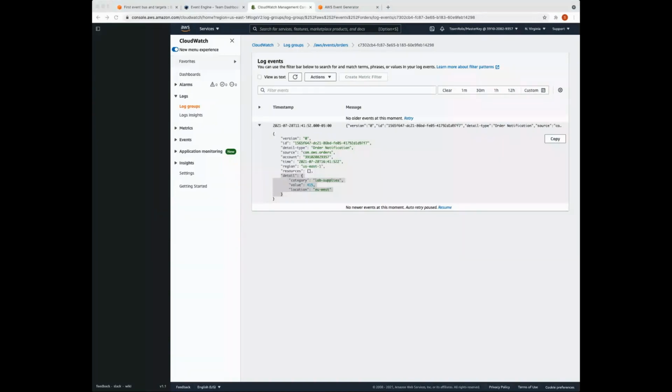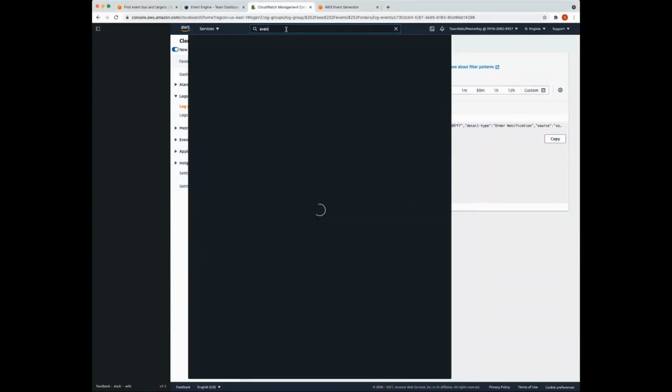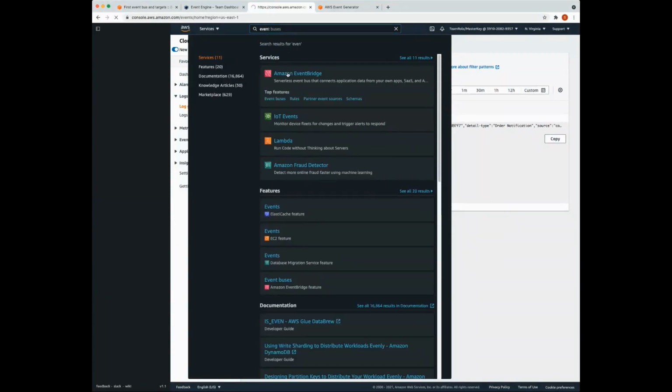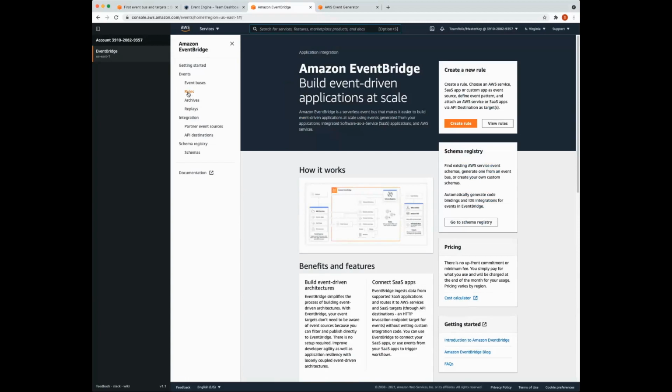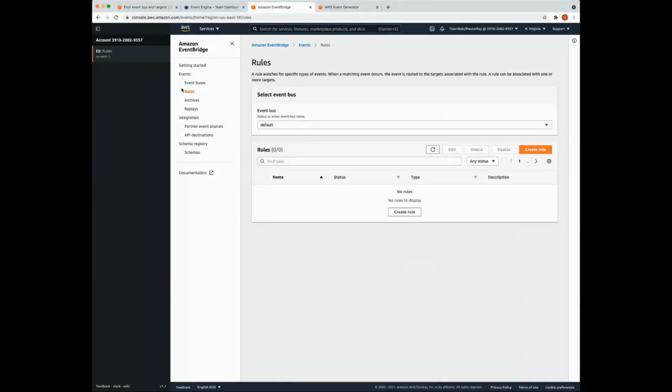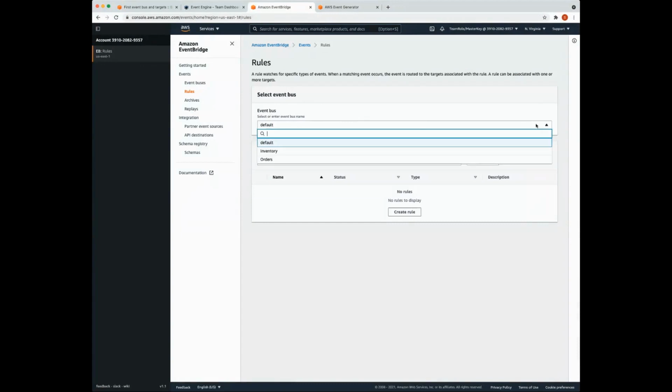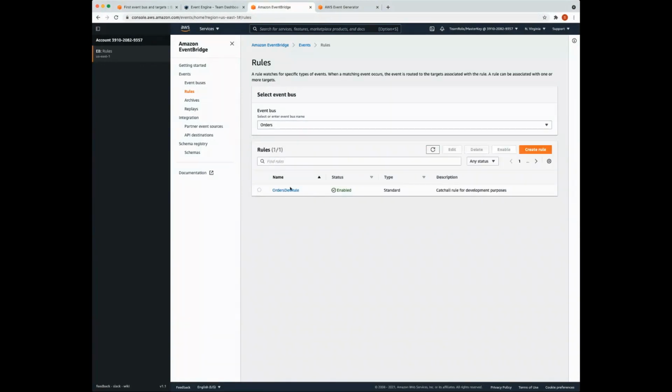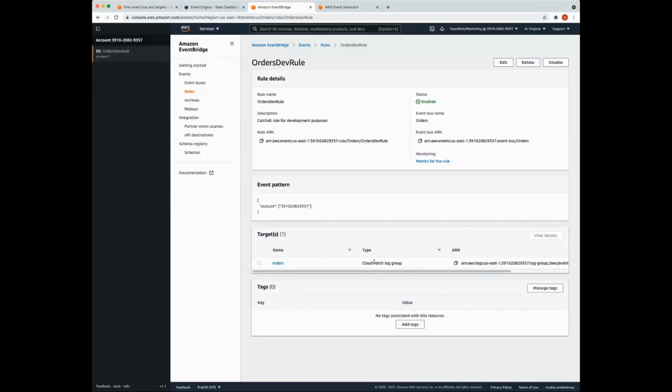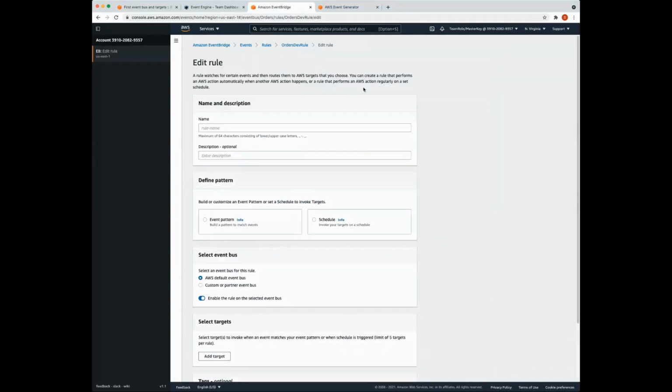Sam, there are a couple of questions here. Can you show the rule config again? Sure. So we're going to head back to EventBridge. We're going to head to Rules. We're going to select the Orders event bus. And this is the rule that we created. As you can see, the target here is a CloudWatch log group of the name Orders. And if we go into the actual configuration itself,